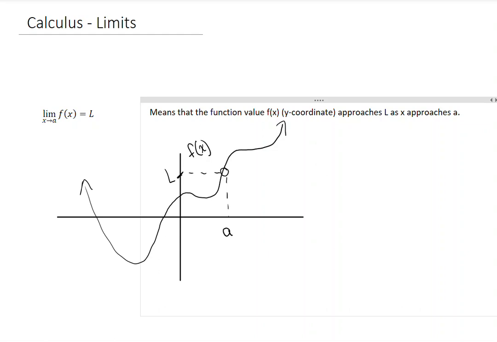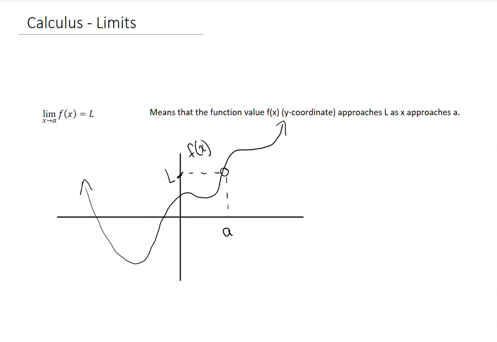We're going to talk today about a fundamental principle in calculus, which is limits, which really helps us understand integrals and derivatives in the next couple of sections. So what we want to do is look at a function as it approaches a right here. And you can see that a is really our x value. Pretty much what we're trying to figure out is what that y value is going to be as it